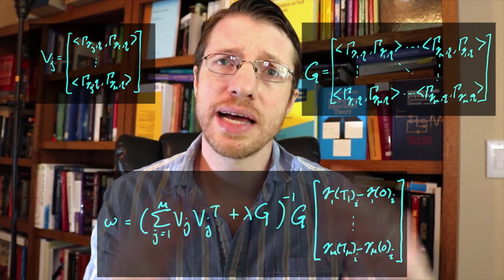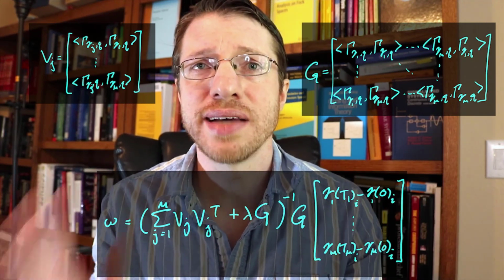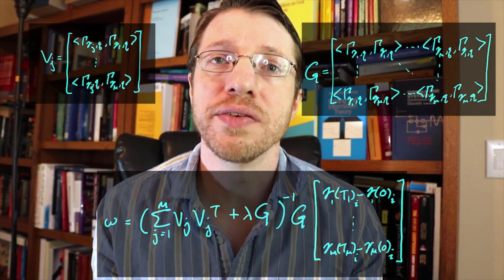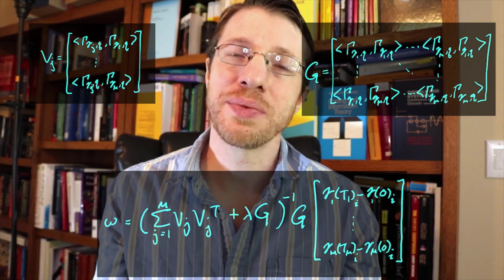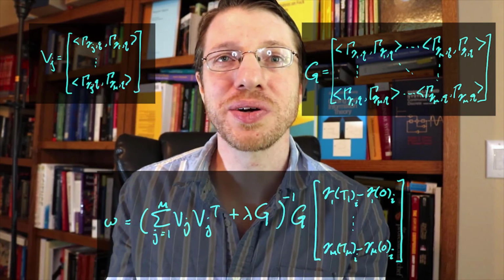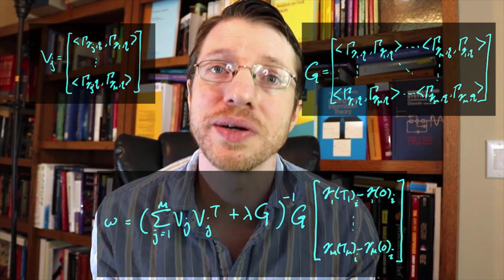And then we take that whole matrix and we take its inverse and apply that against the gram matrix times this vector that we have of the difference of endpoints of the various trajectories. Then this gives us the weights that we need to put onto our occupation kernels that give us the approximation of our nonlinear fractional order dynamical system.